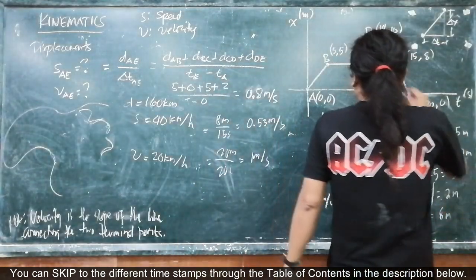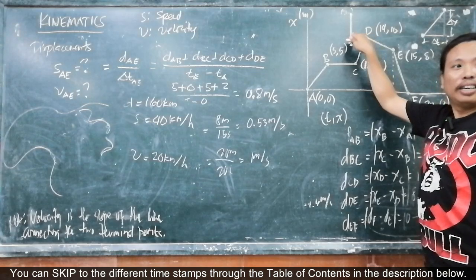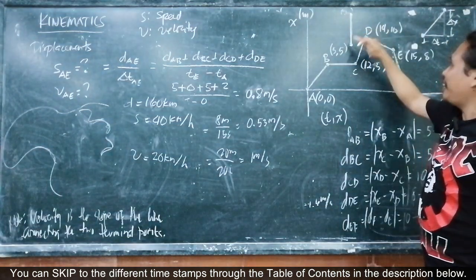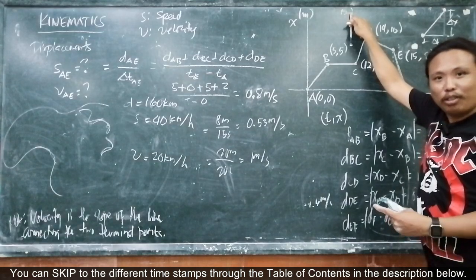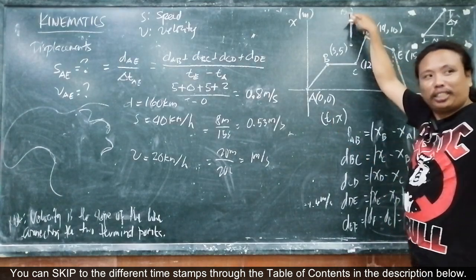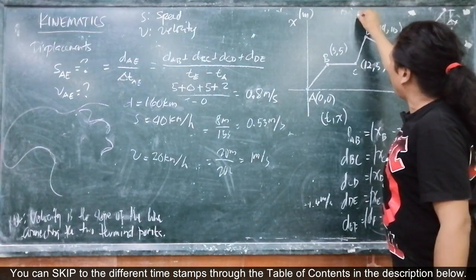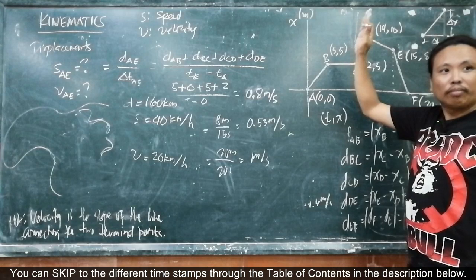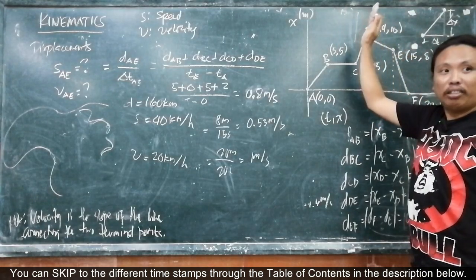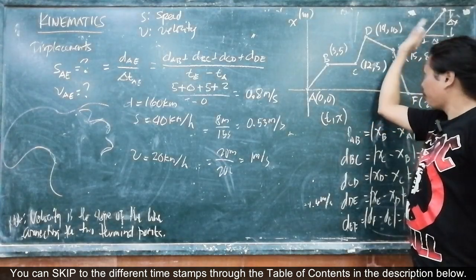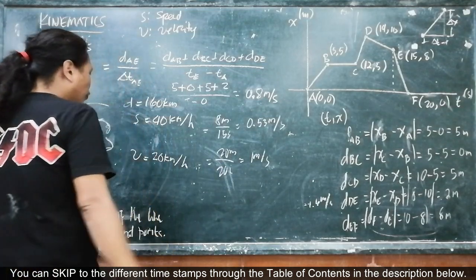By the way, a purely horizontal path is impossible. That means that suddenly you appear on a different position, tama? With the same time, no? It's like something that vanishes here and appears here in no time, right? So this is impossible. And the steeper it becomes, the faster is the velocity. The greater is the velocity, right? The greater is the velocity or the speed, no? The steeper it becomes. Okay.